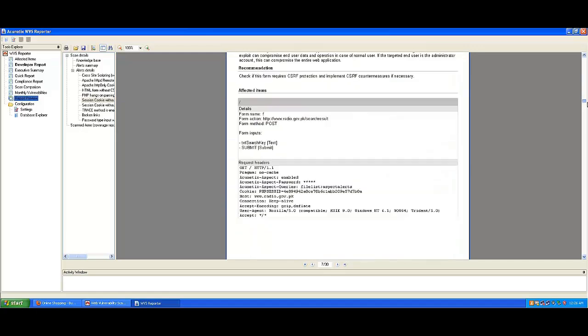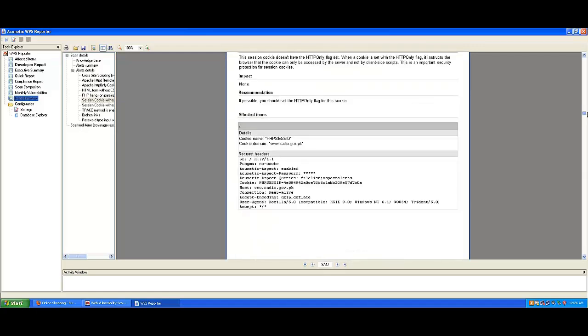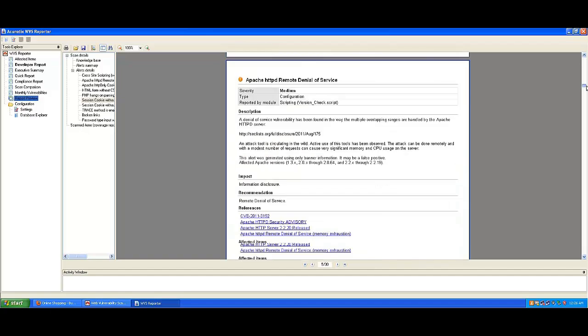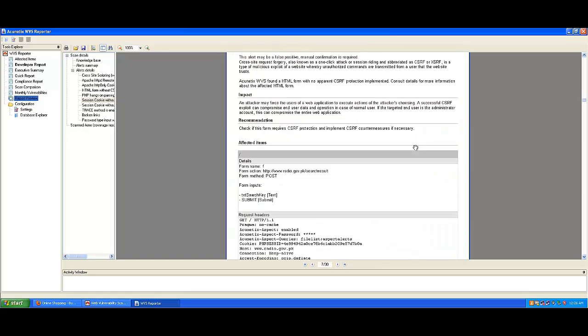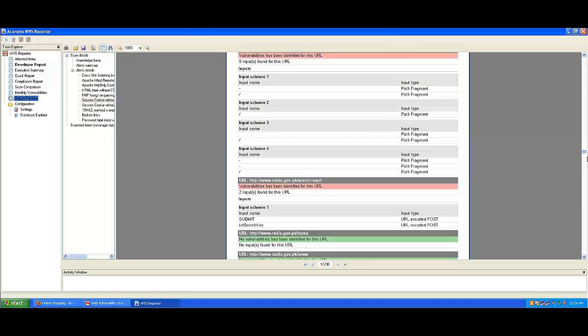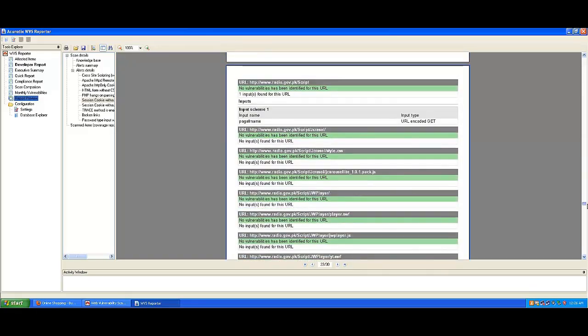What you can do is present it to your senior management level, like your CSO and CXOs, or if you are a student, then you can create a really nice report for your project that comes under your penetration testing or vulnerability assessment part. Yeah, this is really nice. You can use it for any purpose.